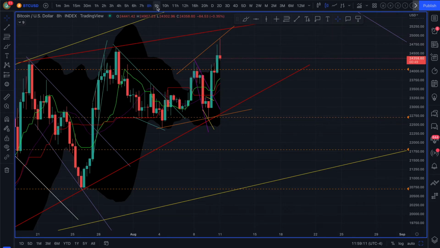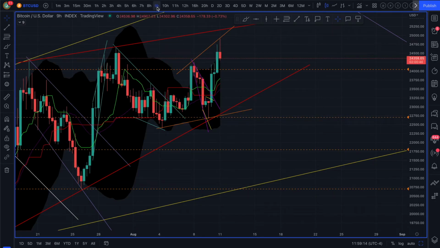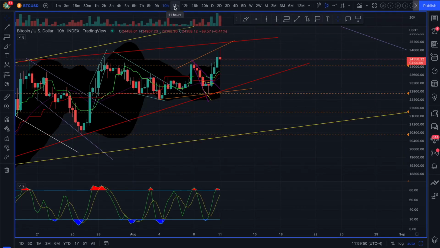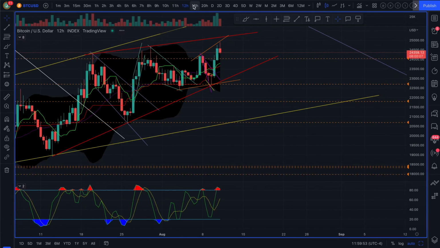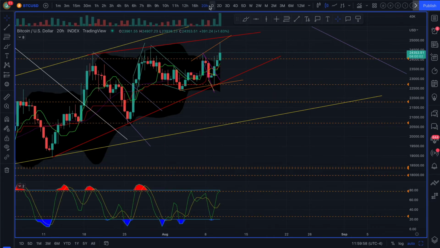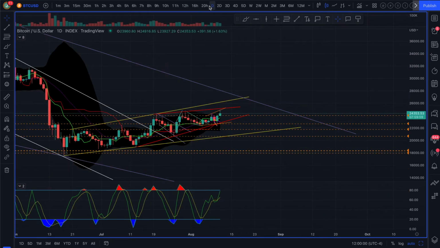So there's quite a lot of different ways that you can see this stuff. I mean, not the least of which is this one too. Looking at the stochastic slow here, this is the overbought, and then it came down. We've got another overbought signal, and now it's coming down. And this holds true as you continue all the way through the weekly, which I just showed you a second ago. But here we have the 10 hour, 11, 12, 16, 20, nothing too significant here. And then the daily,